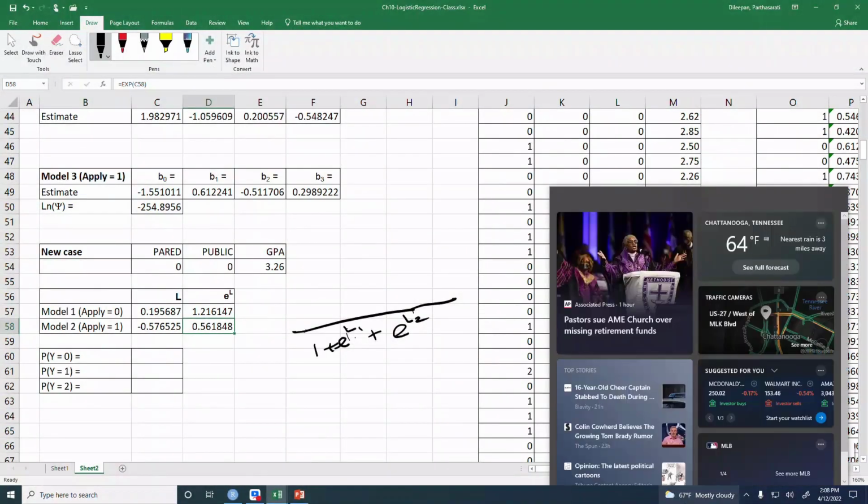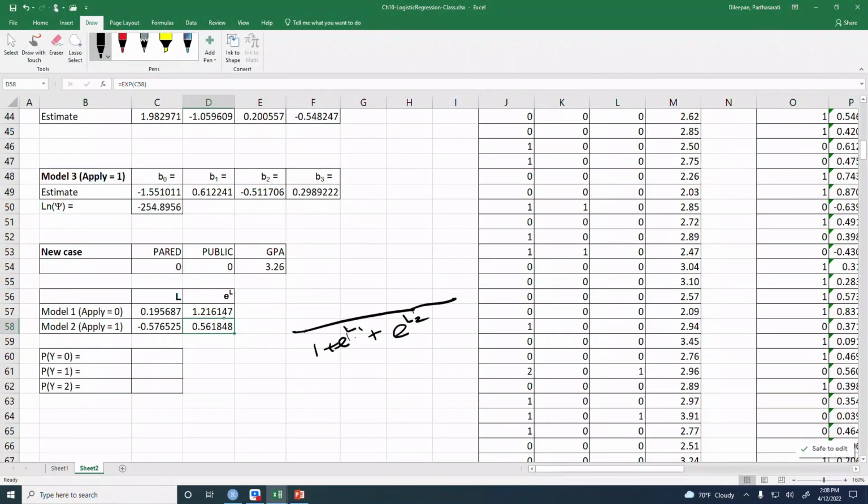So you add these two and then add 1 to it. That goes in the denominator, and then e to the power of L1. So that's your probability of 0. And the probability of